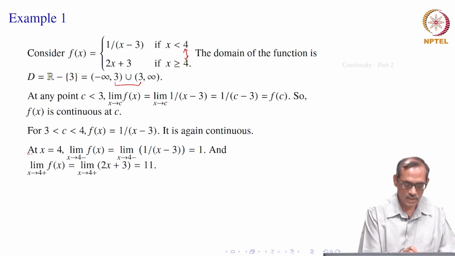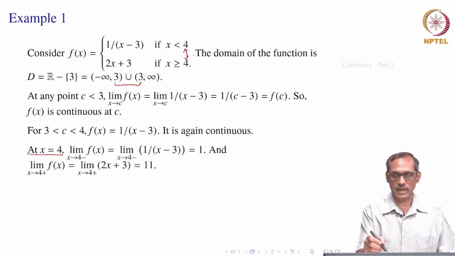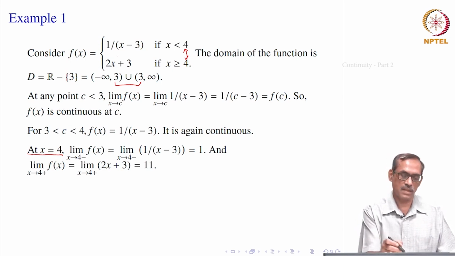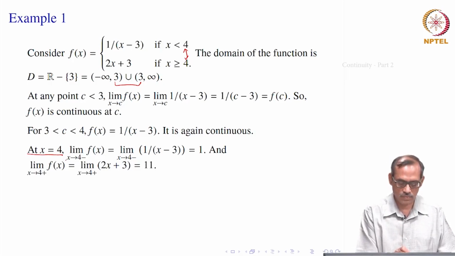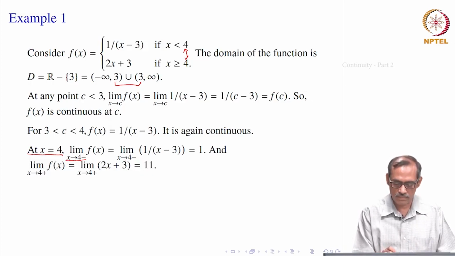So, suppose we take x equal to 4. At this point, we cannot go to the limit directly, because on the left it is defined one way, on the right it is defined the other way. So, let us take the left definition, that is the left side limit we are interested in, x goes to 4 minus. So, the limit of f x, x goes to 4 minus, will be the limit as x goes to 4 minus of 1 divided by x minus 3. So, again from the limit computation as we did earlier, this x will be replaced by 4 from the algebra of limits, that should give 1 divided by 4 minus 3, which is 1. So, that is 1.